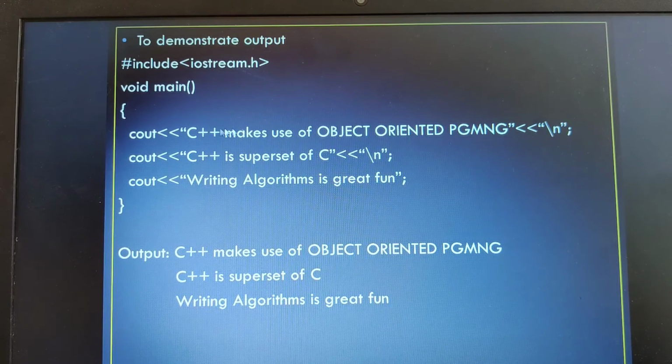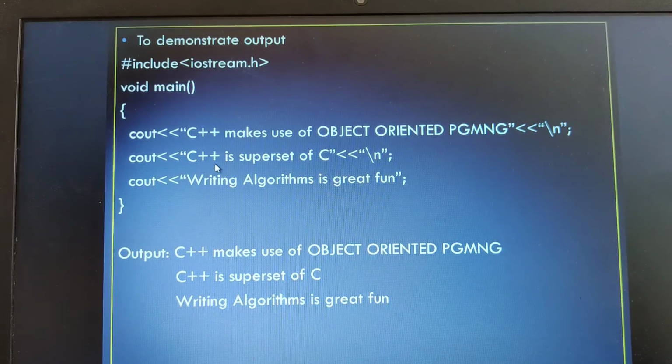Then next one, what? Cout, stream insertion. Again, C++ is a superset. If I had not used this, the text would appear in a single line. Therefore, to avoid that, I have used the \n, which is providing the line break.